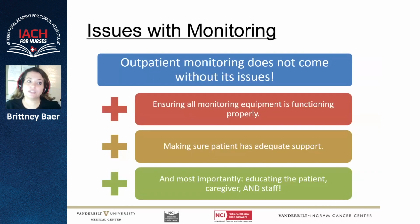So of course there's issues with this monitoring. It doesn't come without issues, of course. You have to ensure that the equipment is functioning properly. It's electronics. They always fail us, just like computers, etc. Your cell phone doesn't always work properly all the time. You have to make sure that the patient has adequate support, whether that's